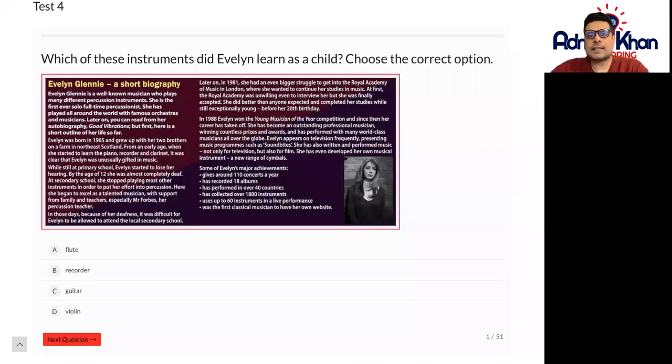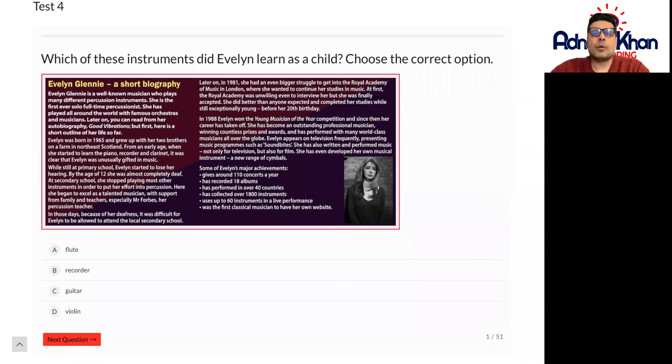Hi, and welcome to this particular reading test 4 for Key Stage 2 High Year 6 English. These are similar exam type questions that you could experience in the SATs exams. This particular short story, short biography, in fact, short biography meaning a story on Evelyn Glennie's real life example story,